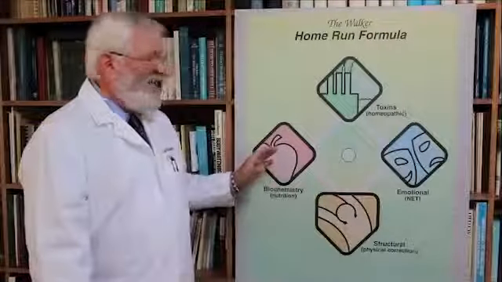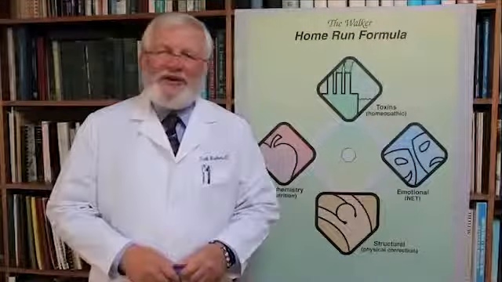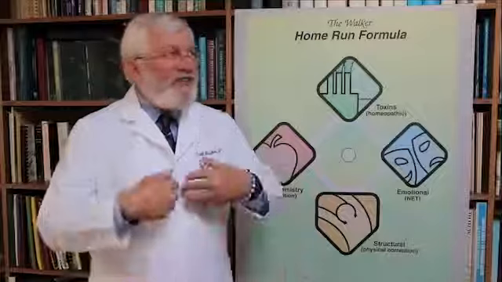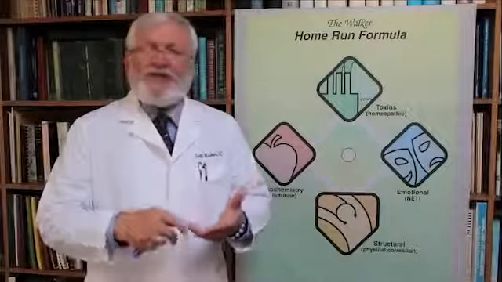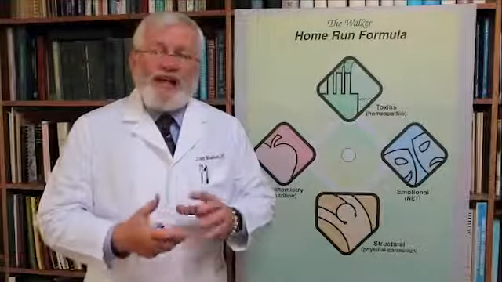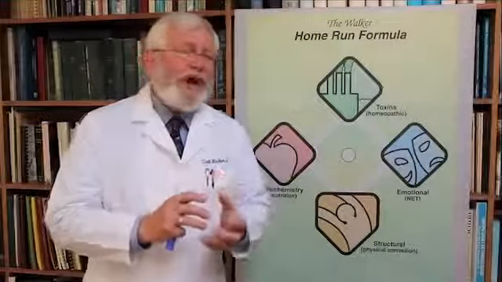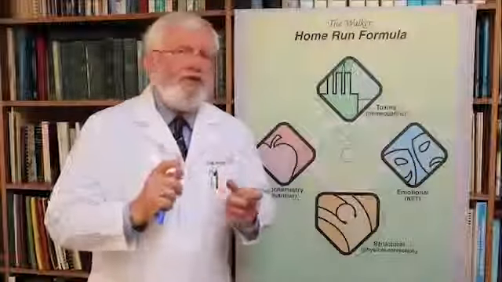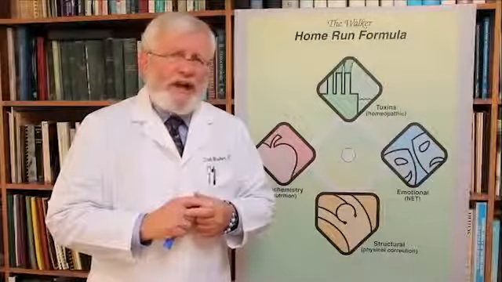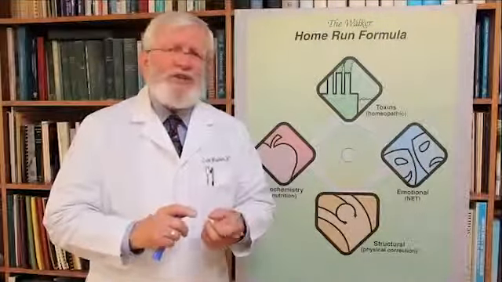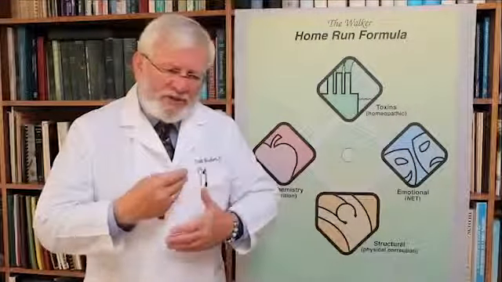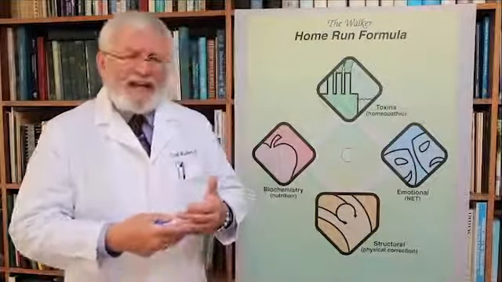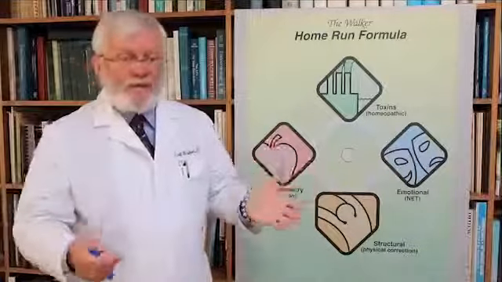Next, I want to talk over here about biochemistry. Biochemistry are the nutrients that you should have in the body but often don't. It's our proteins, it's our carbohydrates, it's our fats. We've got to have a good proportion of these in the body. Most people do not eat a balanced diet. They don't know how anymore because we have such an abundance of food to choose from, and sometimes we get these nutritional imbalances off, and it's actually causing widespread problems in the body.